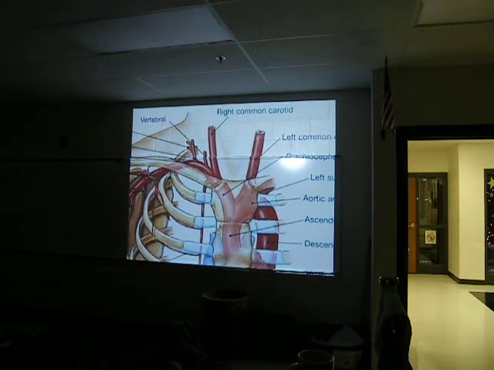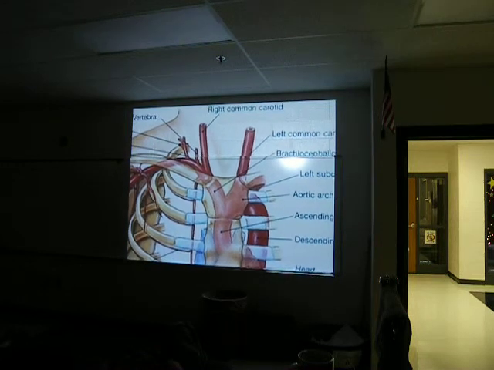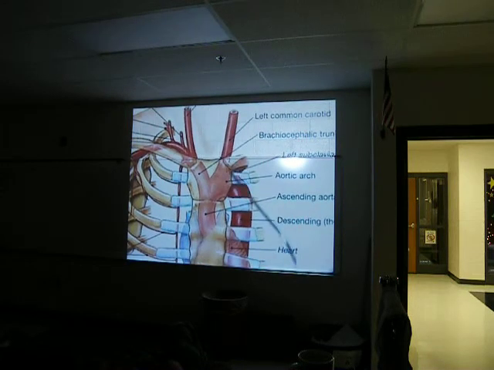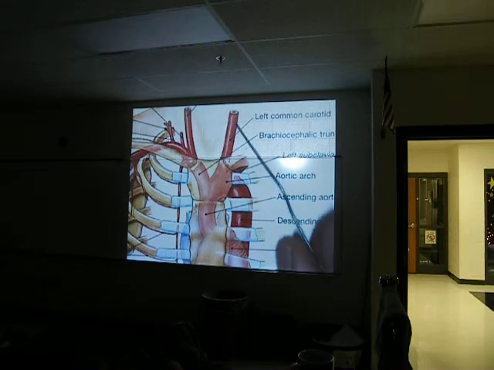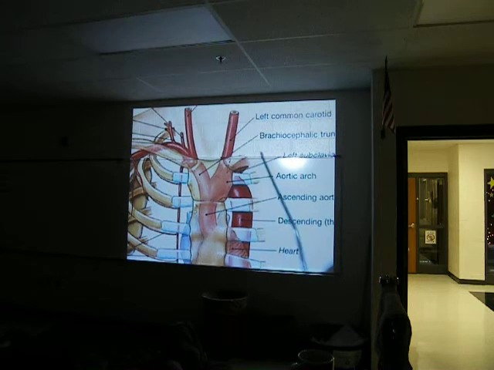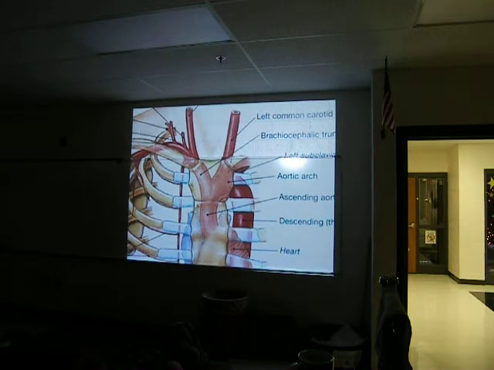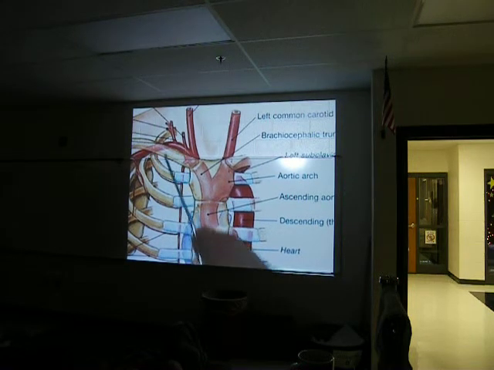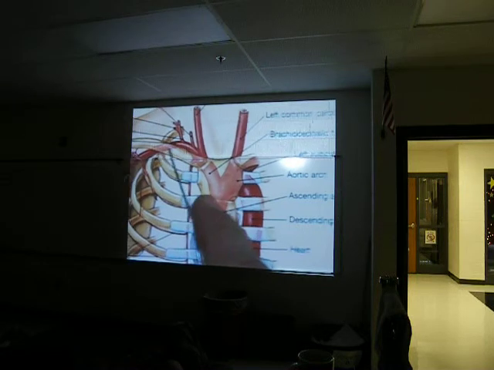On the other side, we don't have a brachiocephalic trunk. Rather, these blood vessels come directly off of the aorta, and they don't have anything in between them. So this is the left common carotid. This is the... Let's say it together. Left subclavian. Good. Alright. So those are the first few on the sheet. We've got the common carotid, subclavian. Then, as we travel down this way,